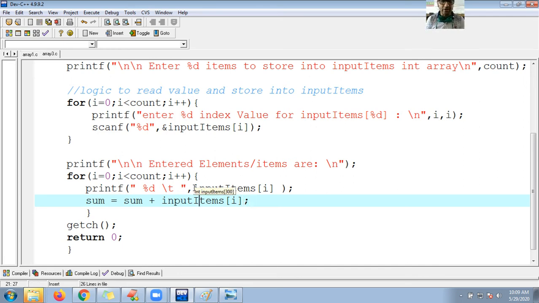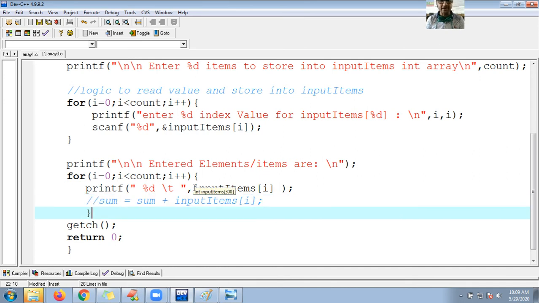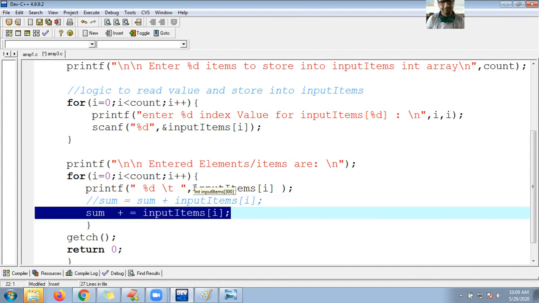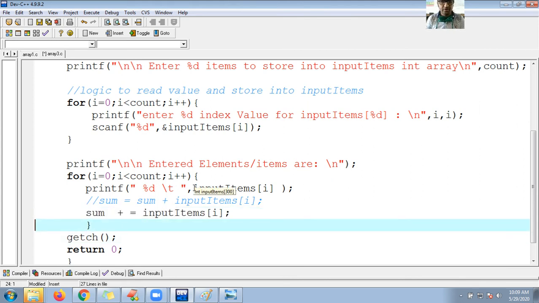So this statement you can write. The same statement you can write in another way also. So how can we write it, guys? It is also called the shorthand operator. Okay, this is also correct. Either you can use this way or you can use this way. Understood, guys? Yes or no? Can you write? Yes, we can write, guys.